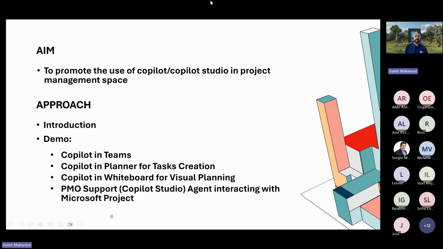The aim for this session is to promote the use of Copilot and Copilot Studio in a project management space. The approach we're going to take is to start with the introduction, and then there will be 4 demos throughout the session. The first demo will be Copilot in Teams. The second will be Copilot in Microsoft Planner. Another one will be Copilot in Whiteboard, which is interesting. And the last one is a custom agent I'm trying to build.